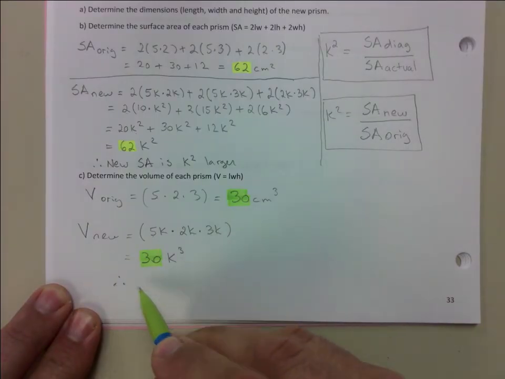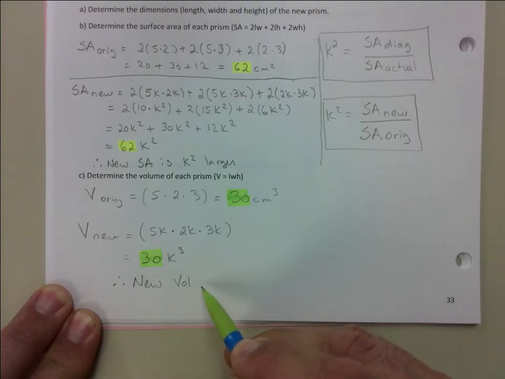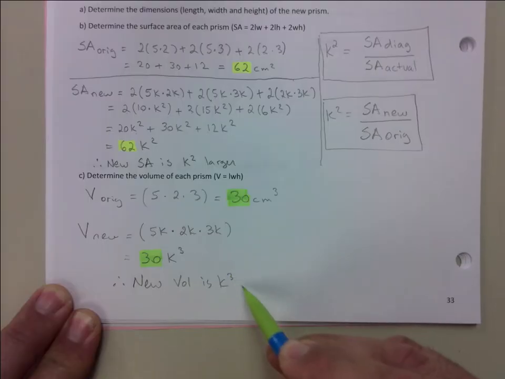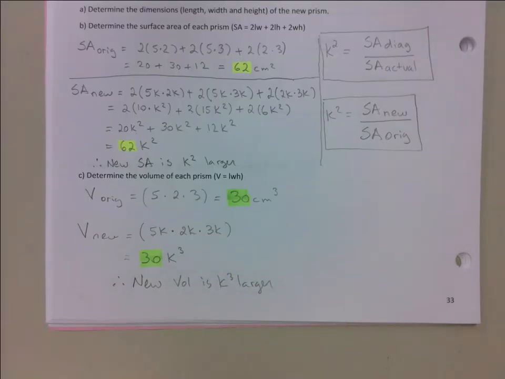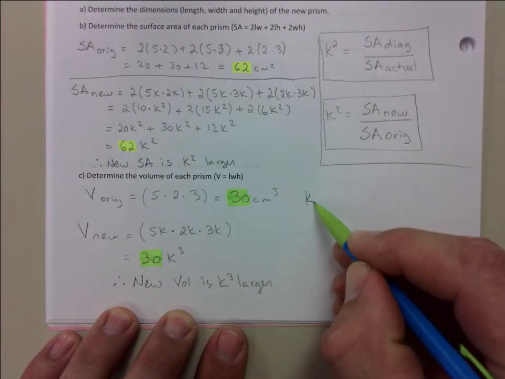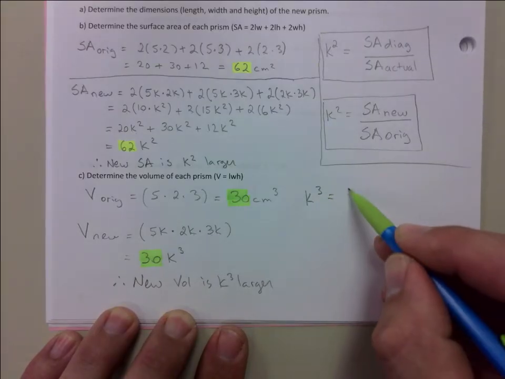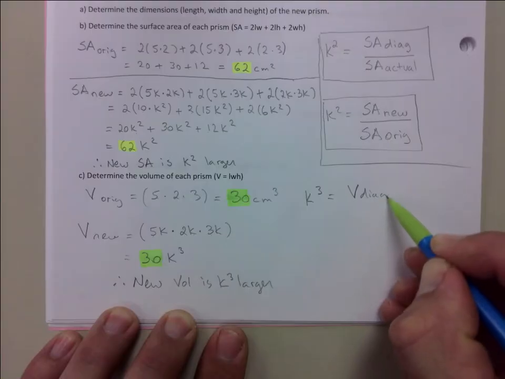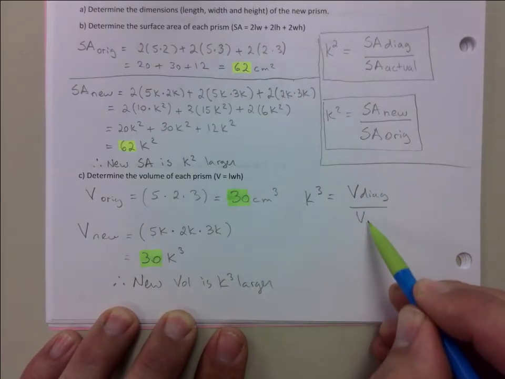Therefore, new volume is k cubed larger. One thing I want you to know is that the new is not always going to be larger. Sometimes it could be smaller. You can actually reduce it by k cubed. That's okay. We're going to go either way here. But here we go. You ready? You're going to use k cubed if it's the volume of the diagram over the volume of the